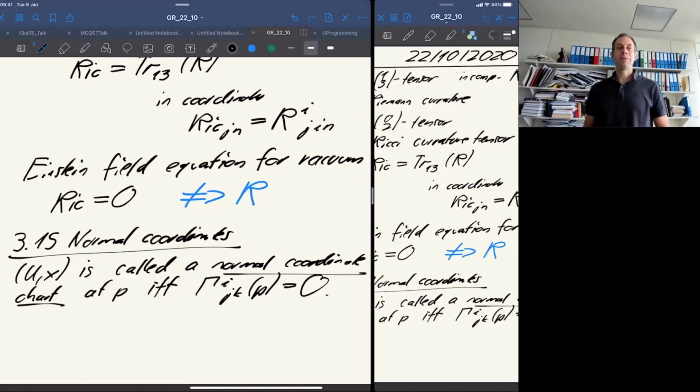So you probably can already guess why this is nice if they disappear and why this corresponds to a very useful coordinate system. Because remember, if you take, for example, a covariant derivative, and the covariant derivative is really the thing that is physical, that's a coordinate independent thing. If you take a covariant derivative, then this is related to just the usual partial derivative in a linear way, but we have a correction term, and the correction term is essentially the gamma symbols. So if the gamma symbols are 0, this correction disappears, and we can just treat any covariant derivative as a